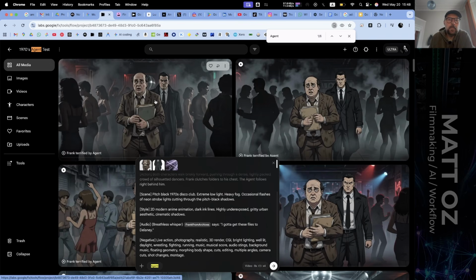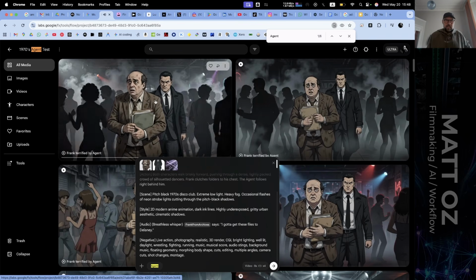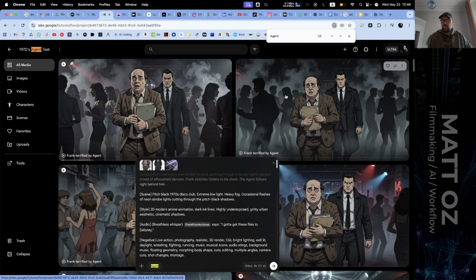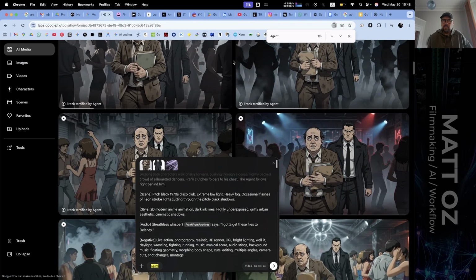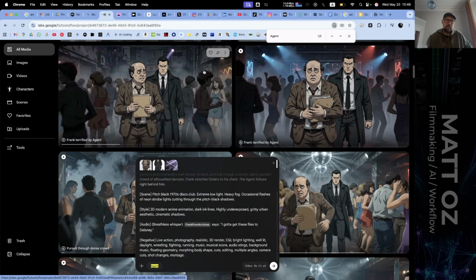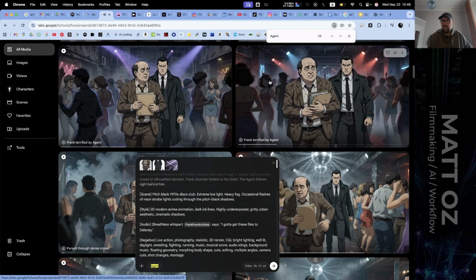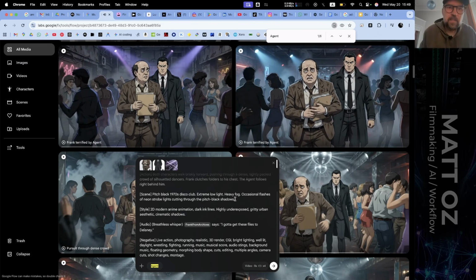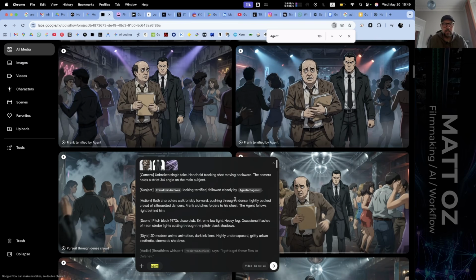Or let's see what this does. Okay, so let's see. Again, not 3/4. Some of the dances are not in the right style, not adhering to sound, too empty. More atmospheric, but not what we wanted. This is back in the street. I gotta get these files to Delaney. Yeah, I mean, if I'm honest, these are pretty underwhelming. So let's see if I can just manually update these.